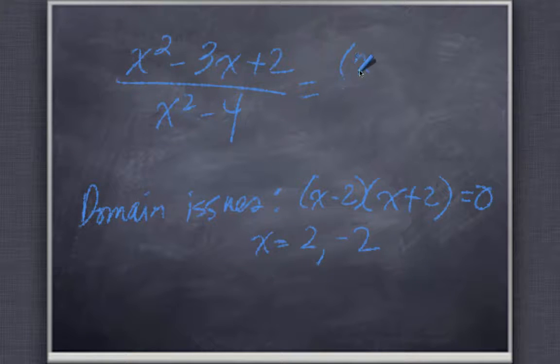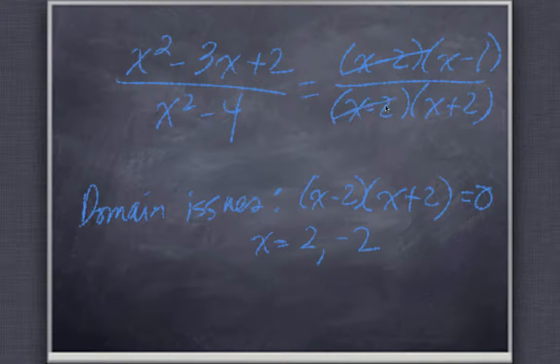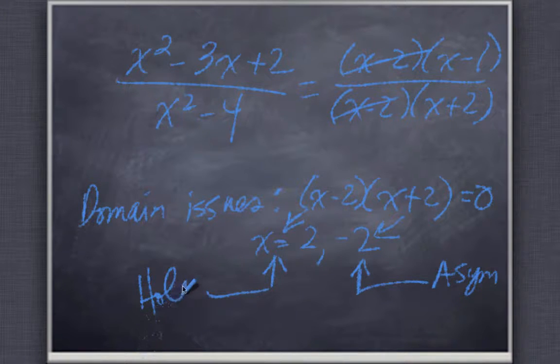But when I factor this, I get x minus 2, x minus 1 over x minus 2, x plus 2. So this one gets canceled out, which means this one, which came from the one that remains, that's an asymptote. This one came from the one that got canceled out, so this one is a hole. So a hole in the graph is just you're going along and then you suddenly have a hole like that. An asymptote,